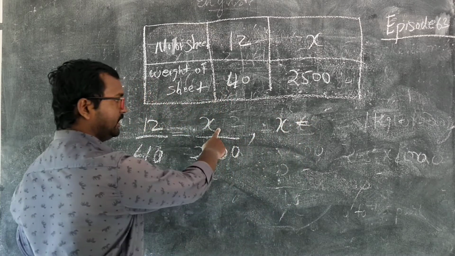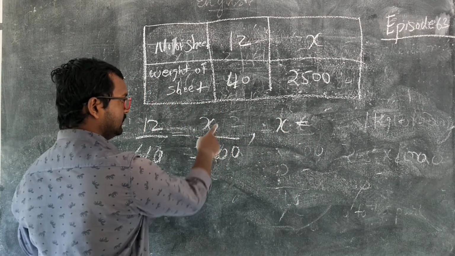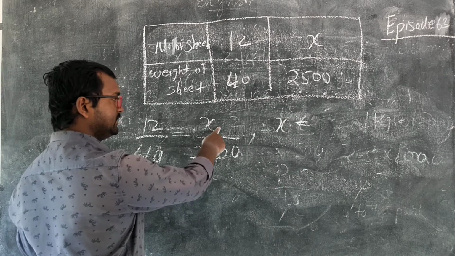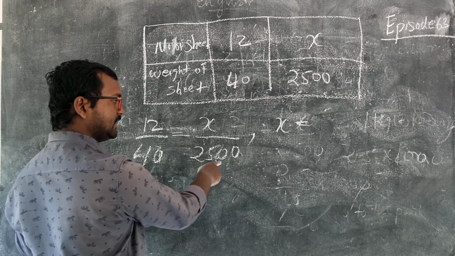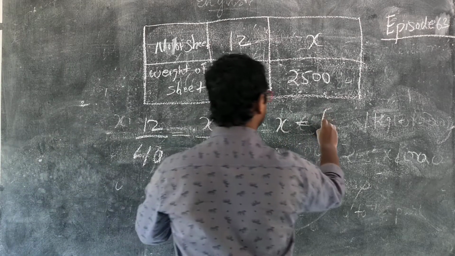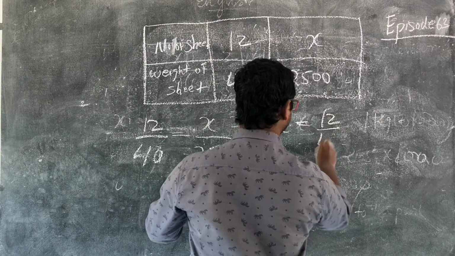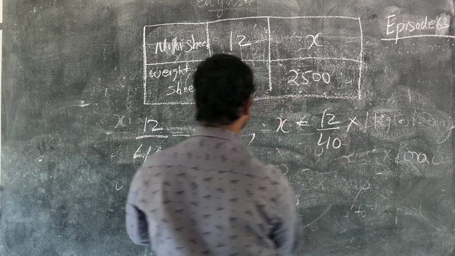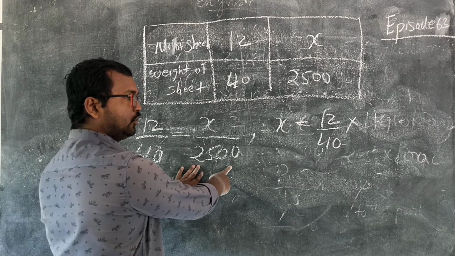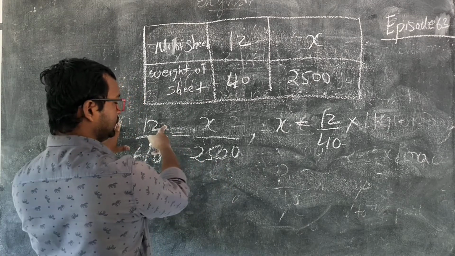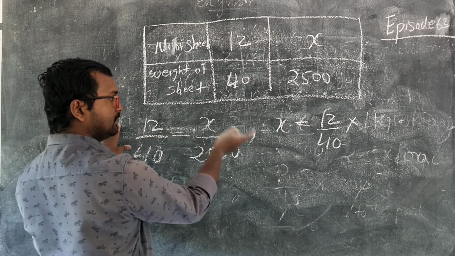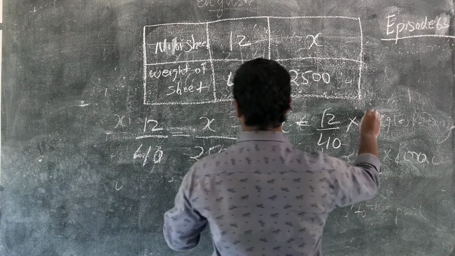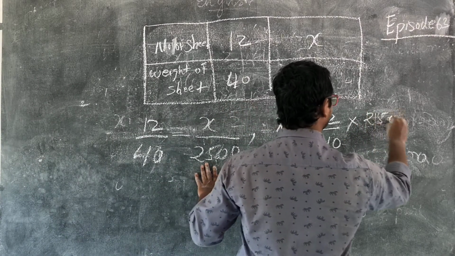See, x is in the numerator, but we want to find the value of x, which means nothing should be there in the denominator. So 12 divided by 40 is in division in the denominator. When we move it to the left hand side, it will go into multiplication. So 2500